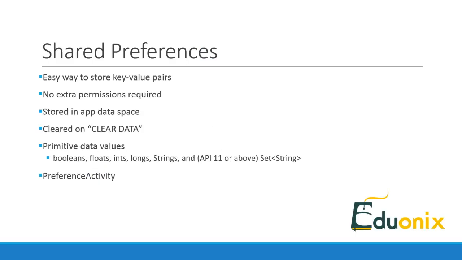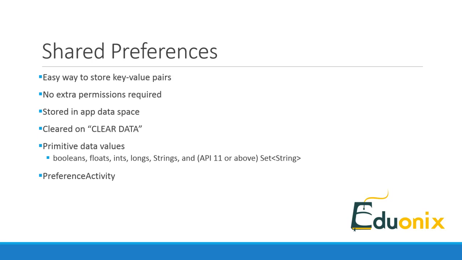The Shared Preferences API offers an easy way for storing groups of key-value paired information. No extra permissions are required when using shared preferences in your application. The shared preferences created through API calls in an application are stored in files in that application's secure data space. In that same vein, when the application is uninstalled or the Clear Data button is used in the app info, these